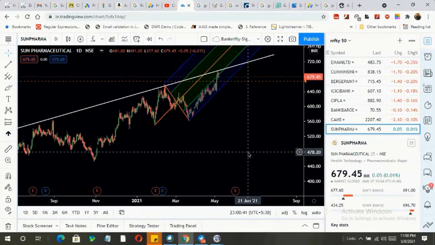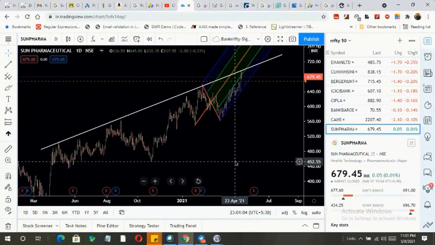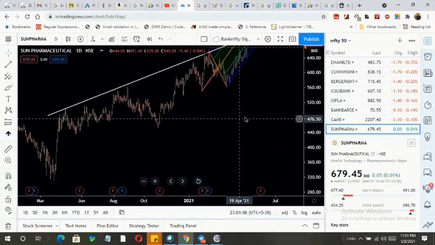That means when this tool was designed, the author was exactly able to identify the swing lows and swing highs, and the calculation and mathematics to draw these trend lines, support and resistance lines. So this is one of the great tools you can use in your trading journey, and you can make money with it.